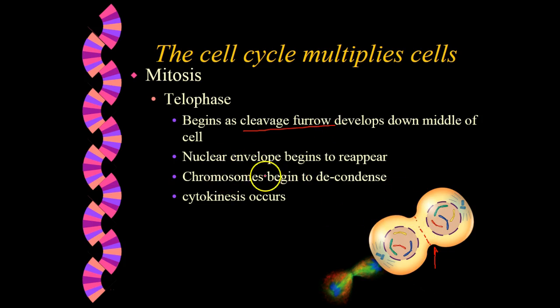Nuclear envelope begins to reappear. Notice that the nuclear envelope is starting to reappear around each of these unduplicated chromosomes. Chromosomes begin to decondense back into the long stringy strands of DNA called chromatin, and eventually cytokinesis occurs right here